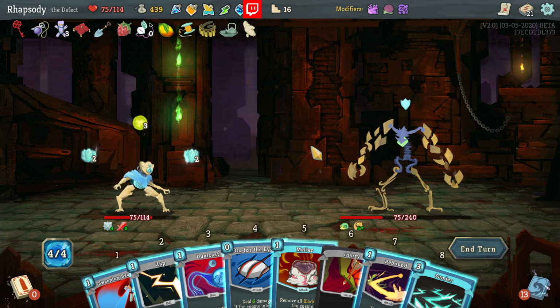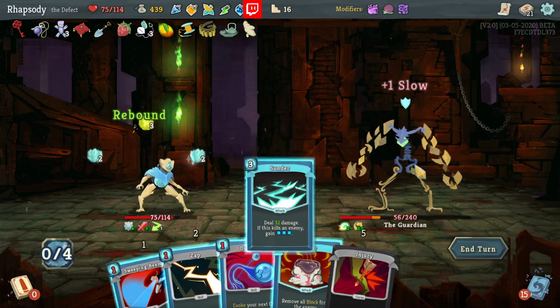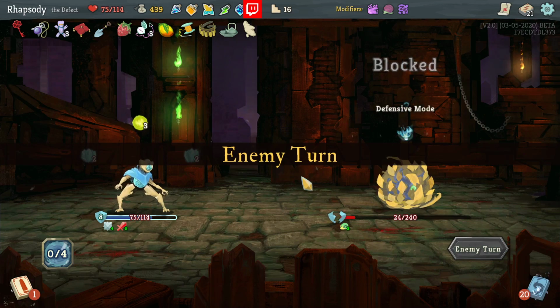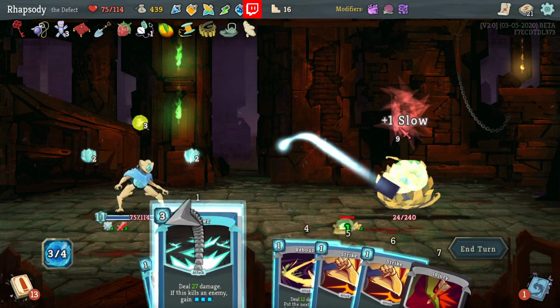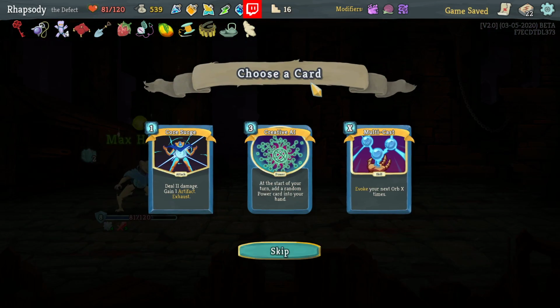Okay. Rebound Sunder looks appealing. Throw that, throw a rebound, then Sunder you. And then next turn, I just need to defend and then sunder. Great. A good fight right there, if I have to say so myself. Take a...